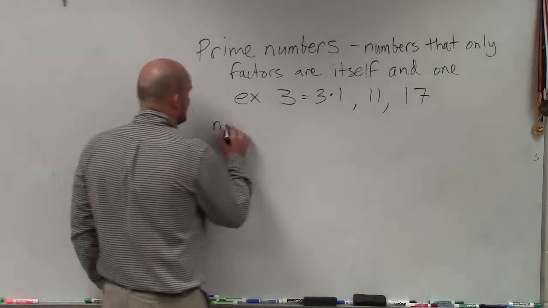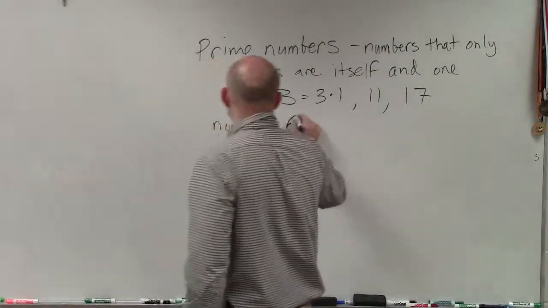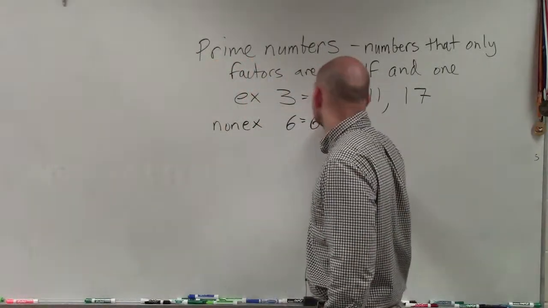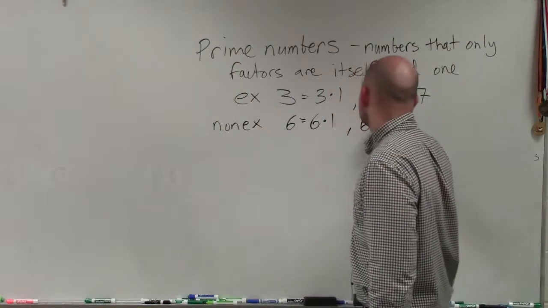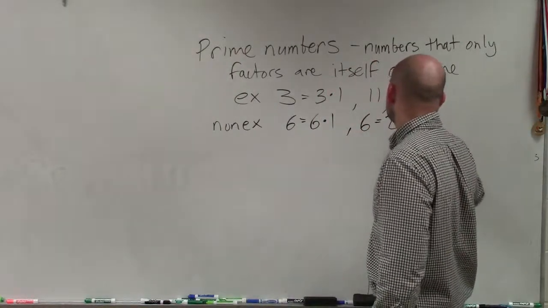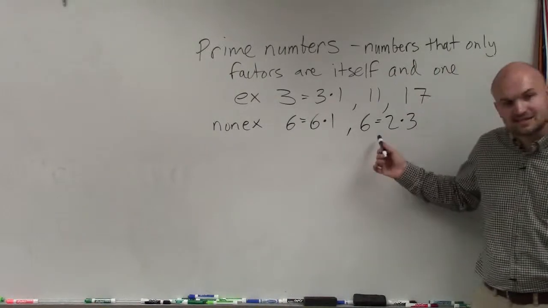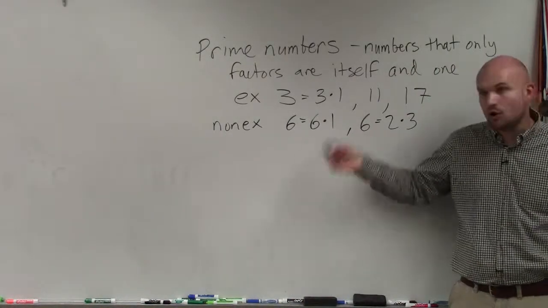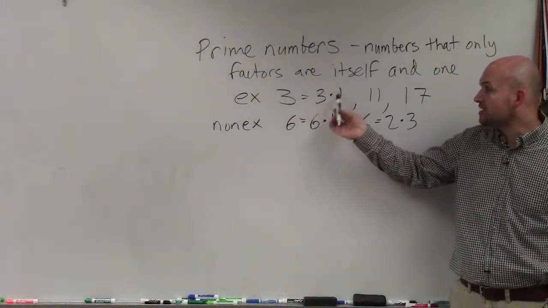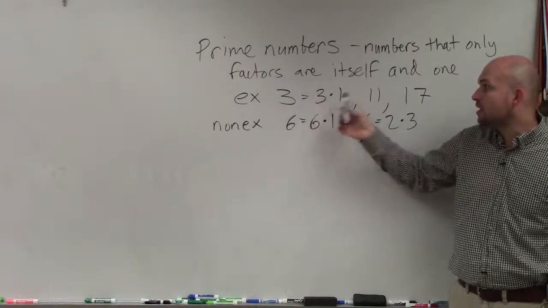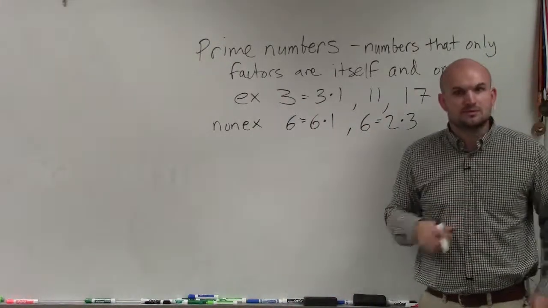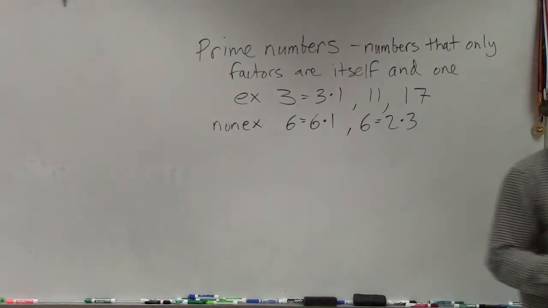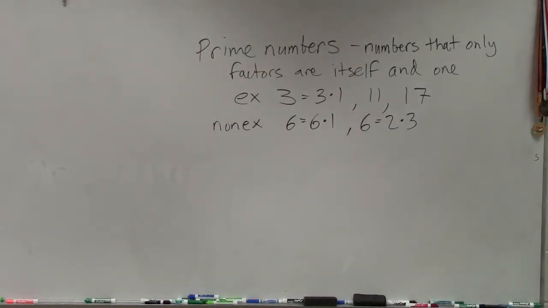But a non-example would be like the number 6. Well, yes, you can write 6 as 6 times 1, but we could also write 6 as 2 times 3. So therefore, 6 is not a prime number. All right? The only two numbers that divide into a number are itself and 1 are prime numbers. Cool? OK. So if it's not prime,